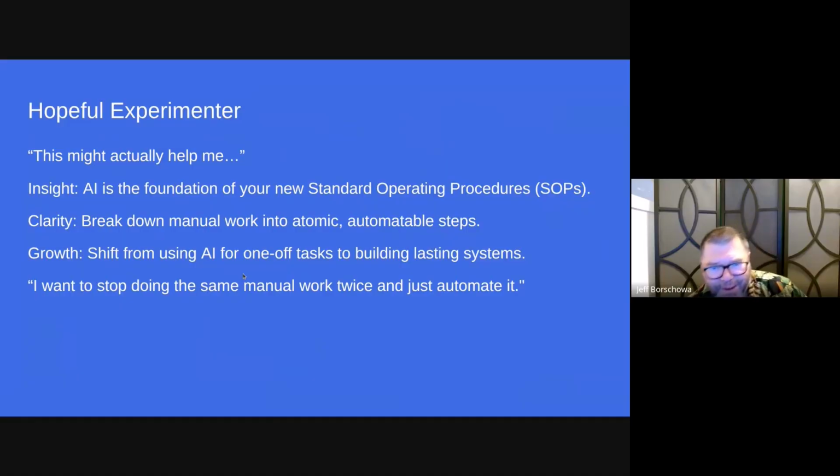So the idea of the SOPs is to take our rock stars and turn them into, let's call it, a training model. They're going to walk through, say, here's what I do here, here's why I do it, here's this, here's that. We record it, we transcribe it, and then we use AI to examine it and optimize it.